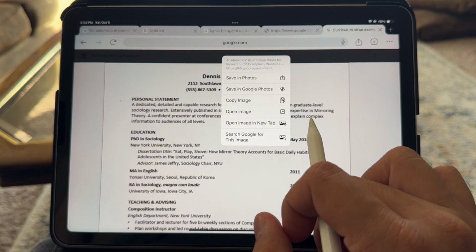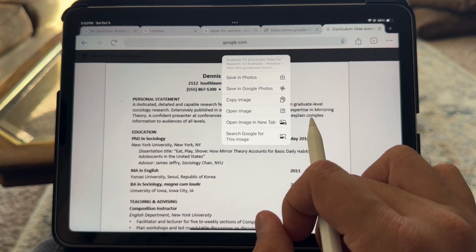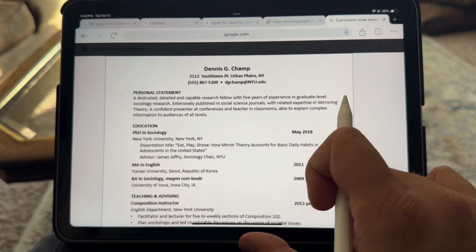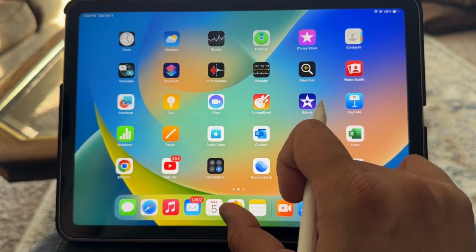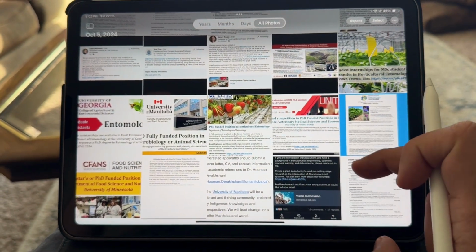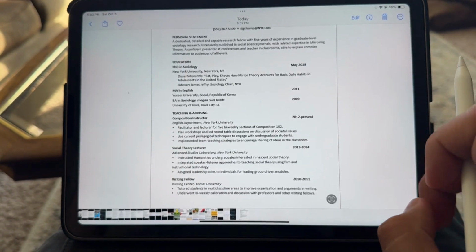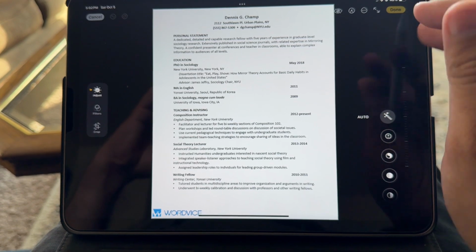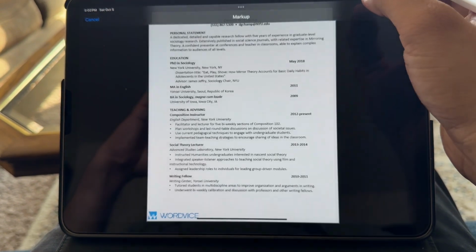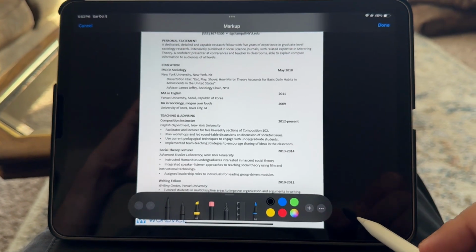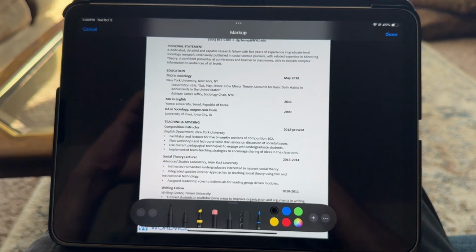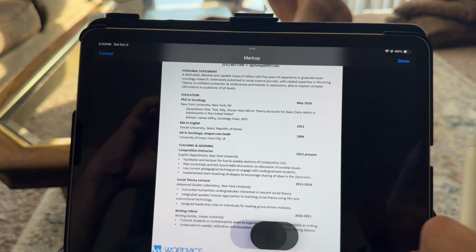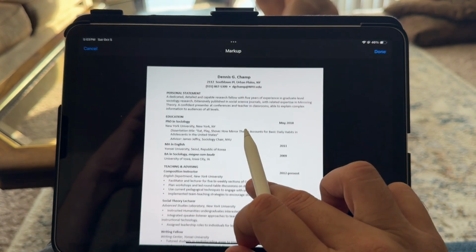They search Google for this image, and if I save it in Google Photos, then I go back and check my photos, which is here, and then I go to edit, maybe this will work. It will work from here. And now if I tell you what changes we need to make in any resume,